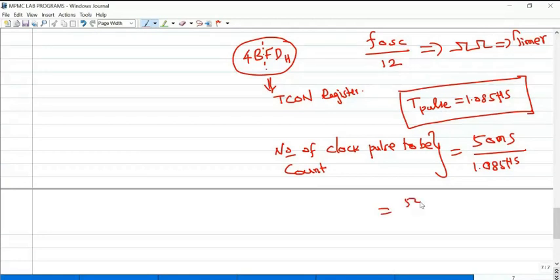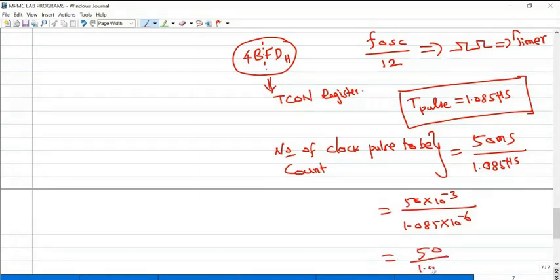So approximately you will get 50 into 10 power minus 3 divided by 1.085 into 10 power minus 6. That is 50 divided by 1.085 into 10 power 3.